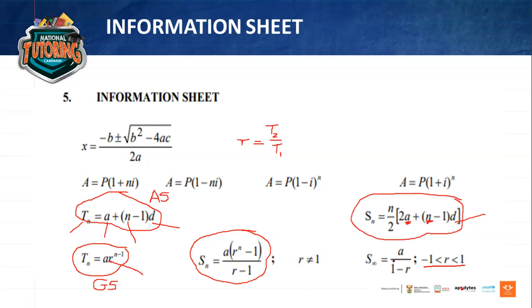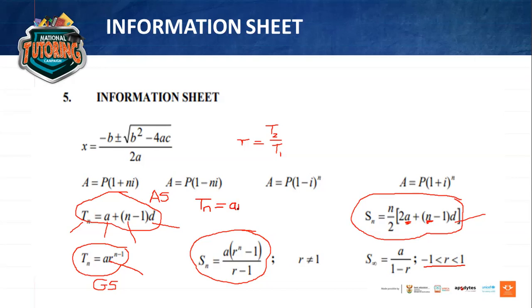You'd realize that there is no formula given for you for the quadratic sequence. So there's no formula given for the quadratic sequence. It's important that you know how you get the quadratic sequence. For the quadratic sequence, this is how we get it. It has a formula. We say that for a quadratic sequence, Tn is equal to